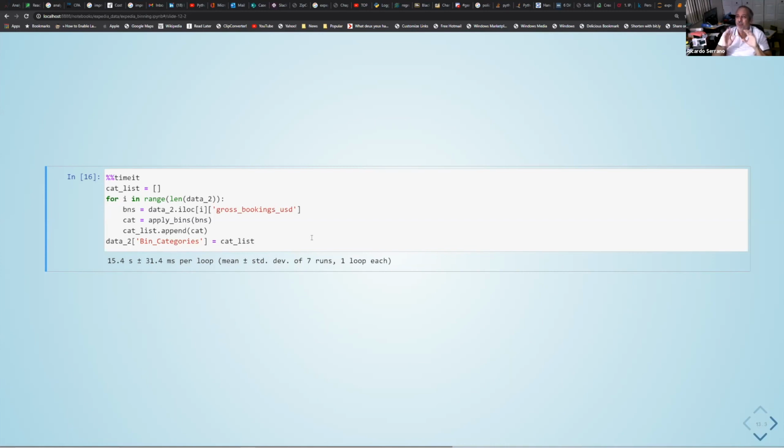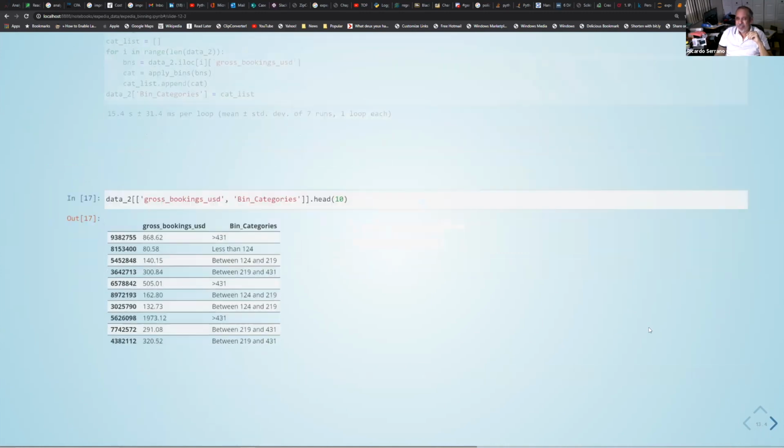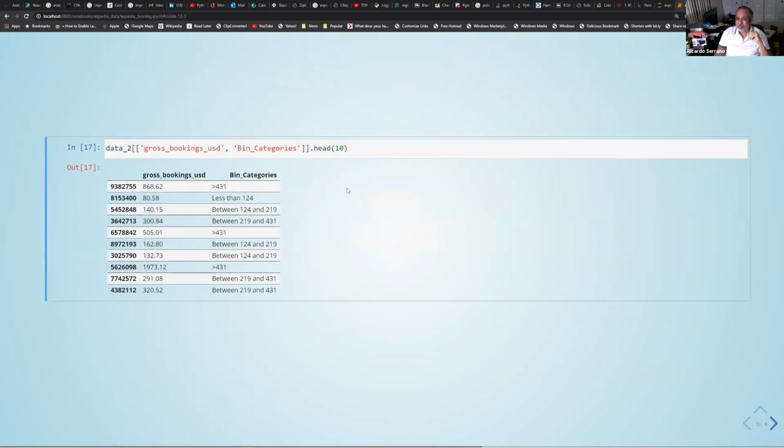They call in the article brute force technique to do our binning. Probably not the best way to do it, and you'll see the other examples that you see. This is not what we, especially in a production stage, want to do. But this is the result of this binning.